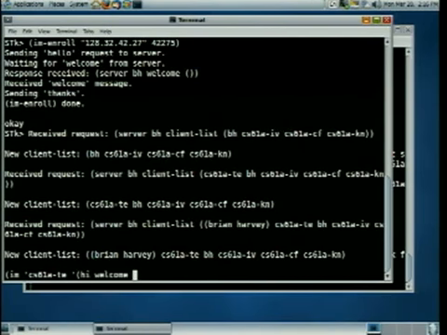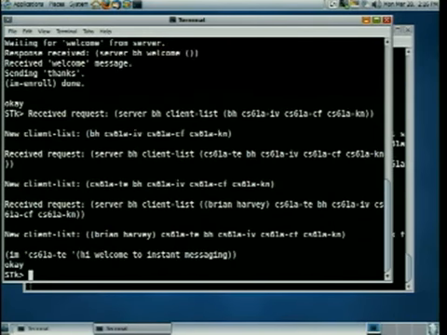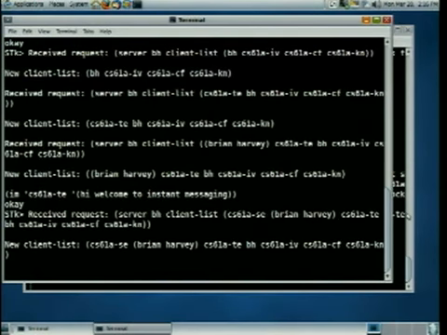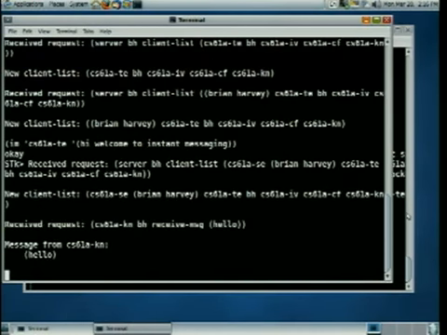Hi, welcome to instant messaging. It says OK, and on his screen it should pop up a message. And over in my other window, we can see all the messages going back and forth.